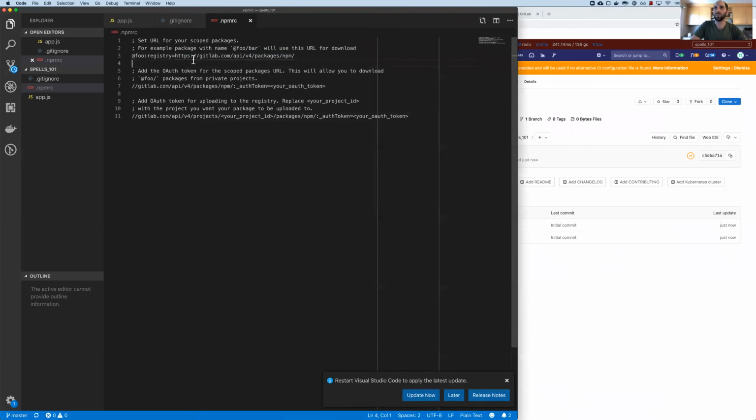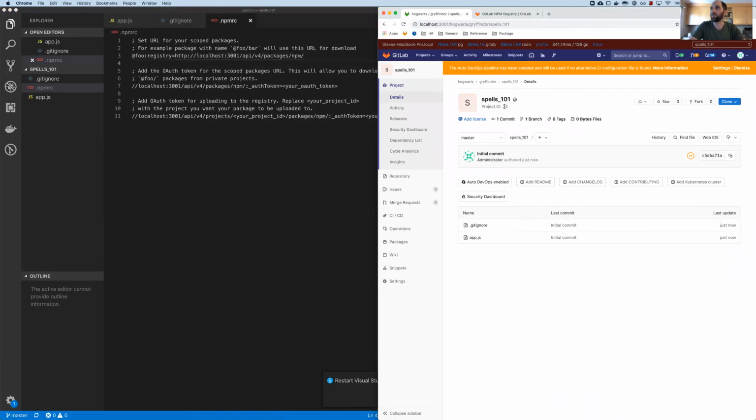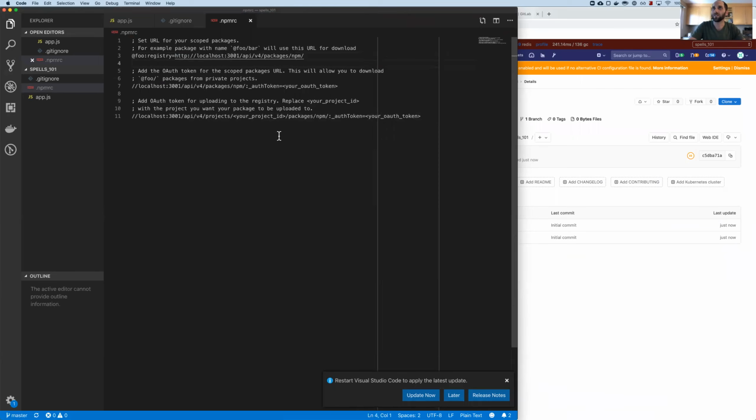So I'm just going to update this to localhost. You'd use whichever URL you're using, if it's gitlab.com or your own self-managed version of GitLab. And we can see right here my project ID is 33. So I'm going to go ahead and put that in here. All right. Before we get to the OAuth token, I'm going to go ahead and create